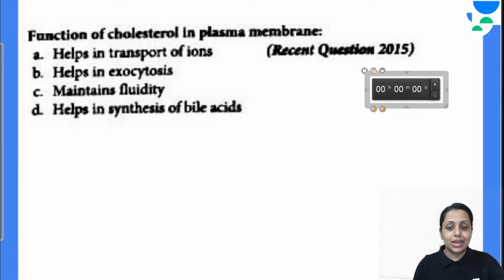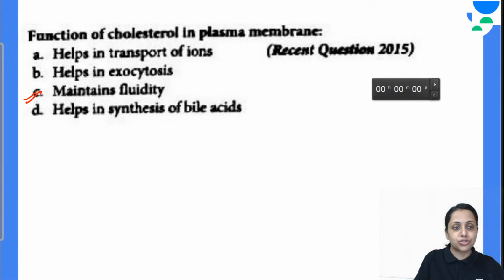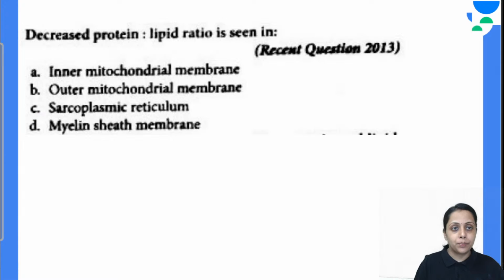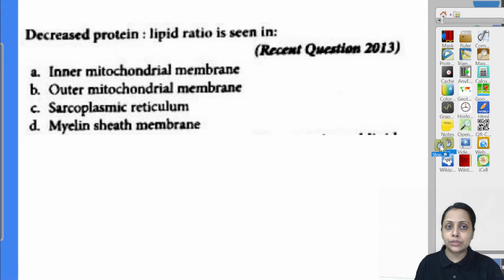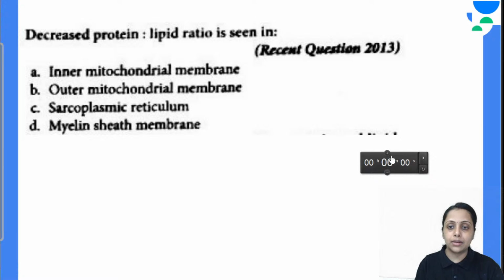Function of cholesterol in plasma membrane is it maintains the membranal fluidity. So answer is C. Coming to the next one. Decreased protein lipid ratio is seen in inner mitochondrial membrane, outer mitochondrial membrane, sarcoplasmic reticulum, or myelin sheath membrane. Decreased protein lipid ratio is seen in